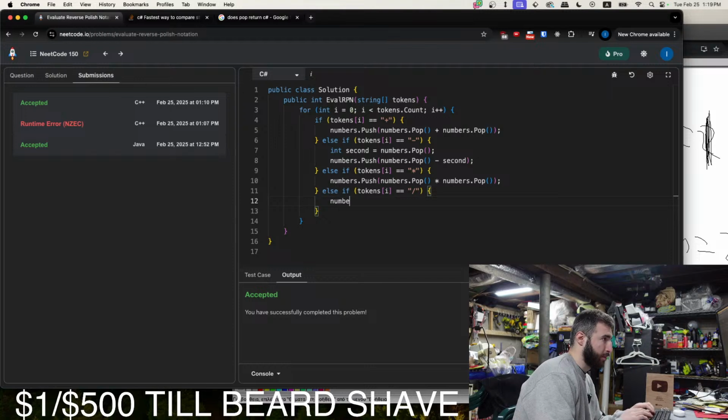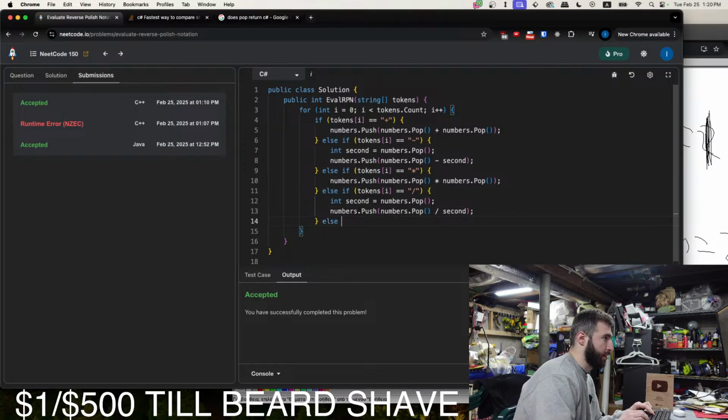So we need to get the second number out of the stack. So int second equals numbers dot pop. And then we'll push the result of that to the stack, which is numbers dot pop divided by the second number.